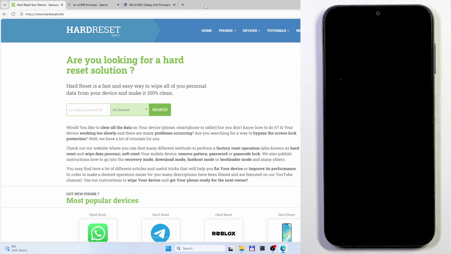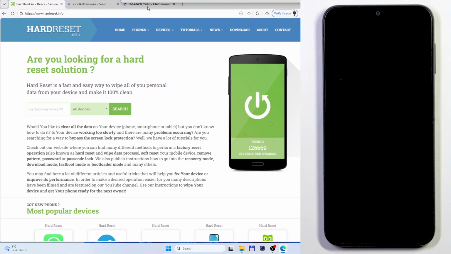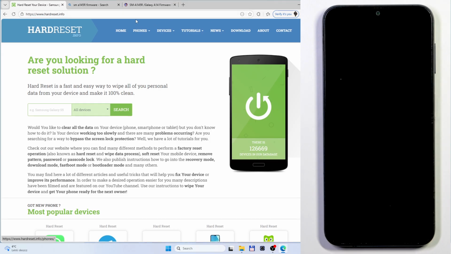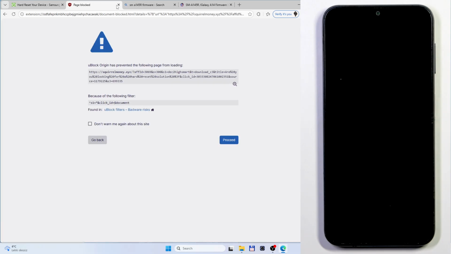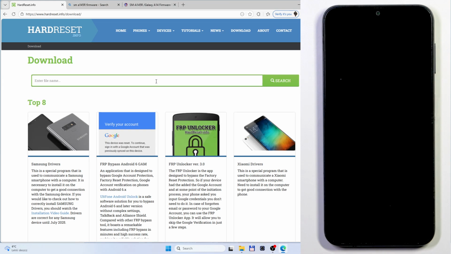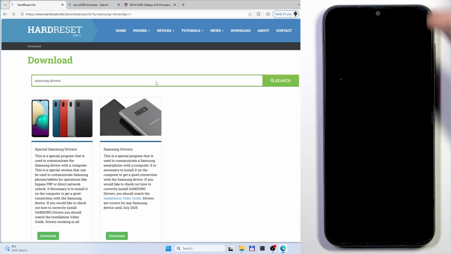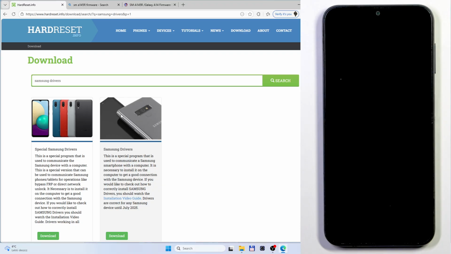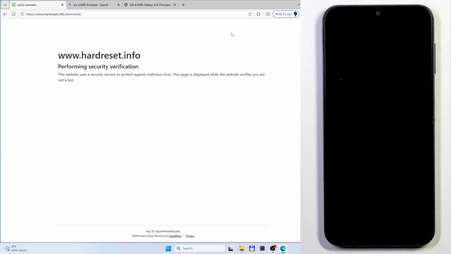In the meantime, you need to visit our page, HardReset.Info. You can find the link right in here. Now go into download. We need to download a few things. First, begin with Samsung drivers and download these drivers. Simply click on that and click on download. Then go back into downloads